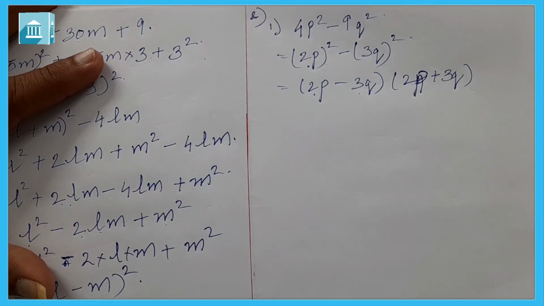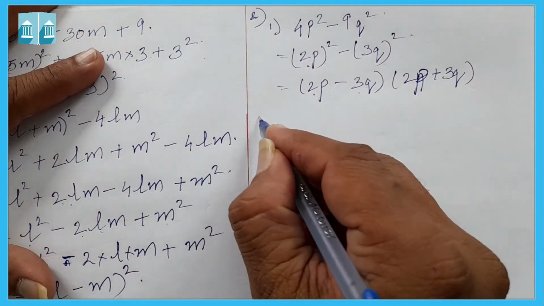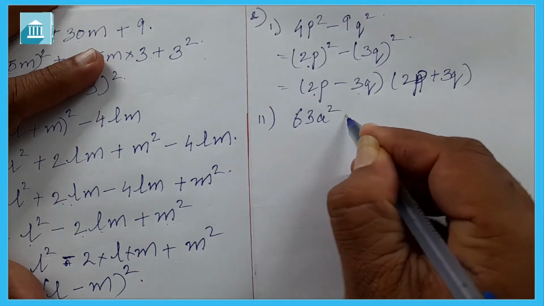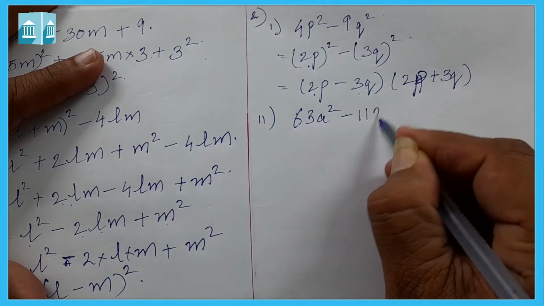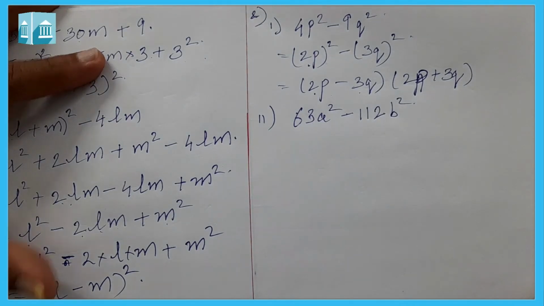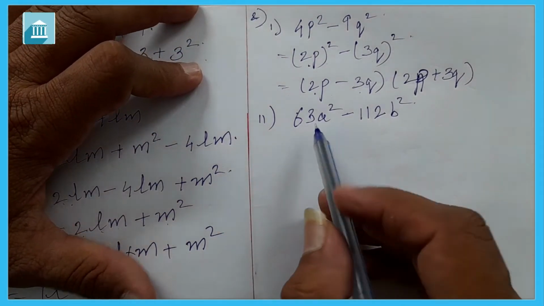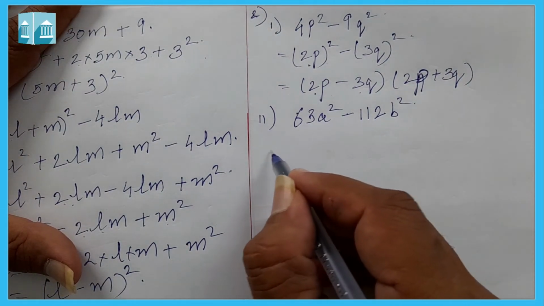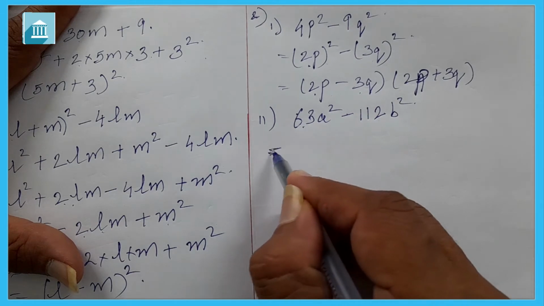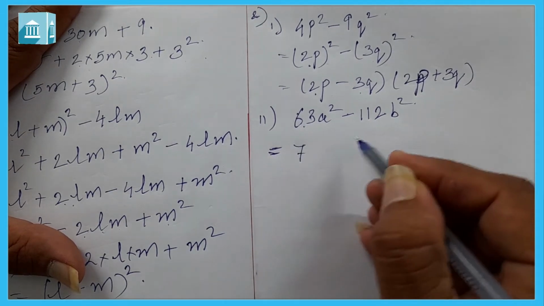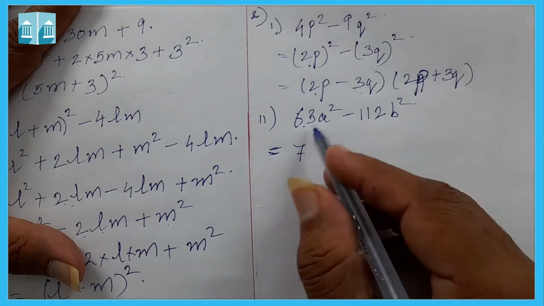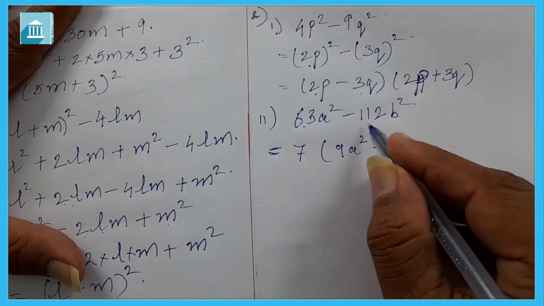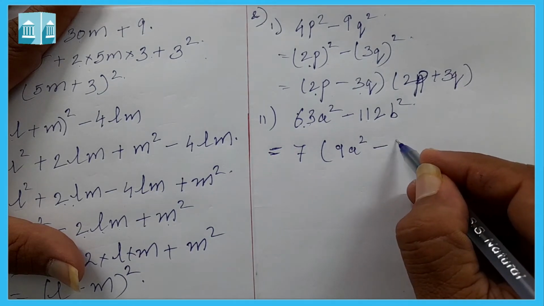In this way, let us do the second one. The second one is 63a square minus 112b square. Now here 63 is not a square of any number, and 112 is also not a square. So we have to first find out what is common. Is there anything common? Yes, 7 is common. If we take out 7 common, this will be 9a square minus, from here taking out 7, then it will be